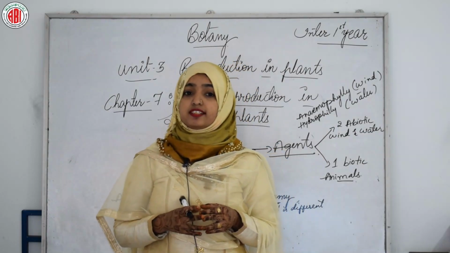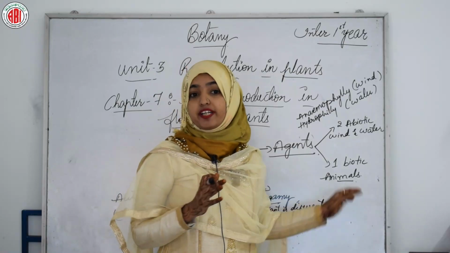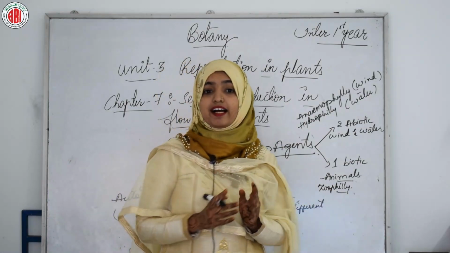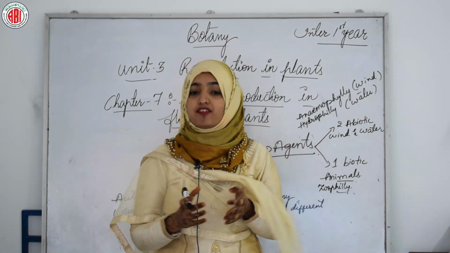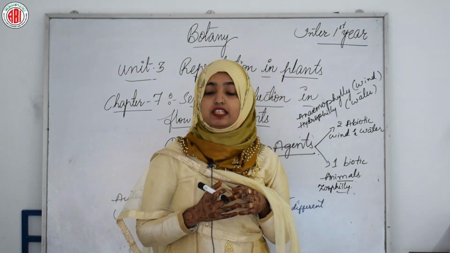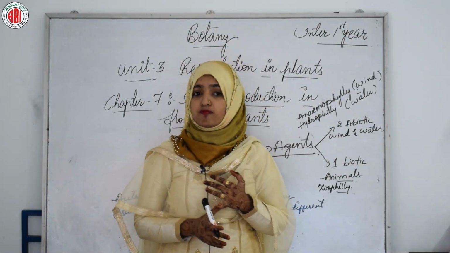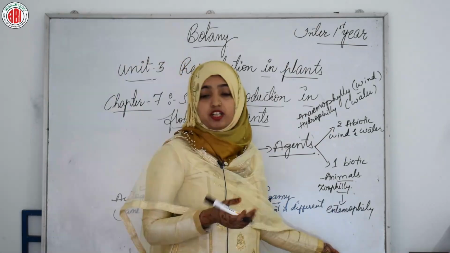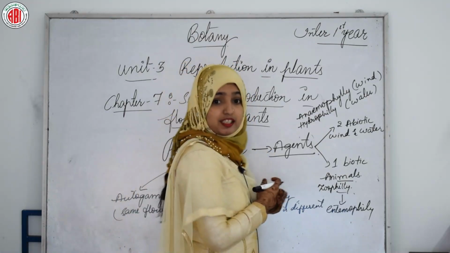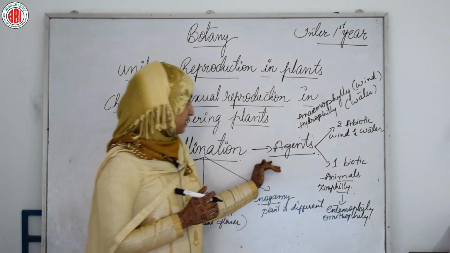If we proceed further, the majority of flowering plants use a range of animals, that is the biotic agents, as pollinating agents, and such kind of pollination is called zoophily, where the agents are animals. Bees, butterflies, flies, beetles, wasps, ants, moths and so on are the agents. Again in zoophily, if the agents are insects, then such pollination is called entomophily. If the pollination takes place with the help of birds, then it is called ornithophily.